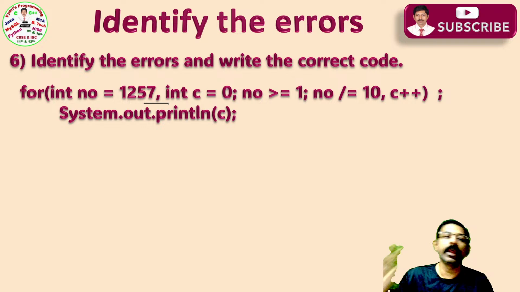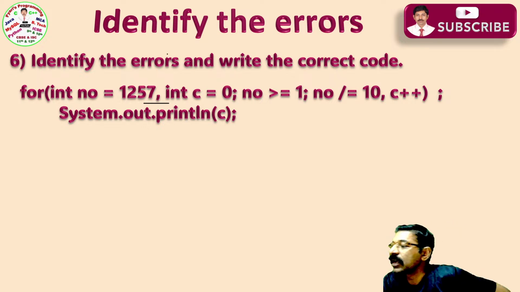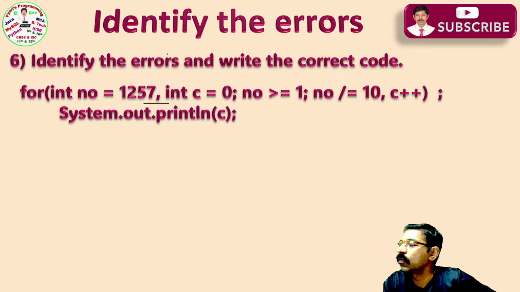No, sir, not agree. And Vaisali says that in initialization, int is not required for C. Semicolon is present after for loop. That is an error. Pravanjan, find the error from the left. Always I used to say, find out the error from the left. Semicolon is present after the loop. No, not agree, Pravanjan. For int, no is equal to this one, c is equal to 0, no is greater than equals to 1, no is greater than is equal to,